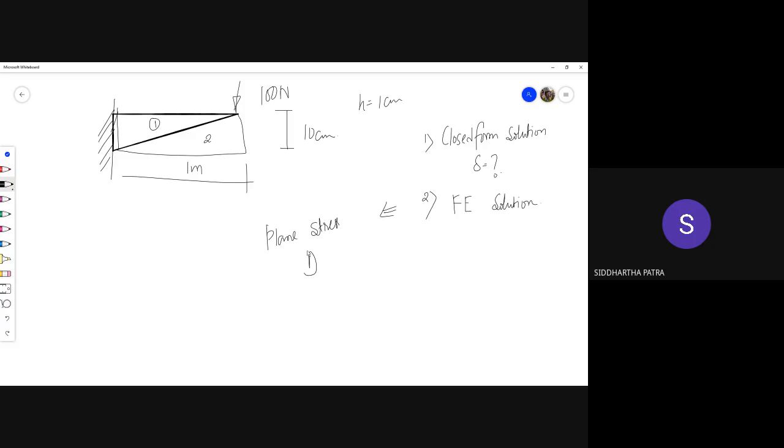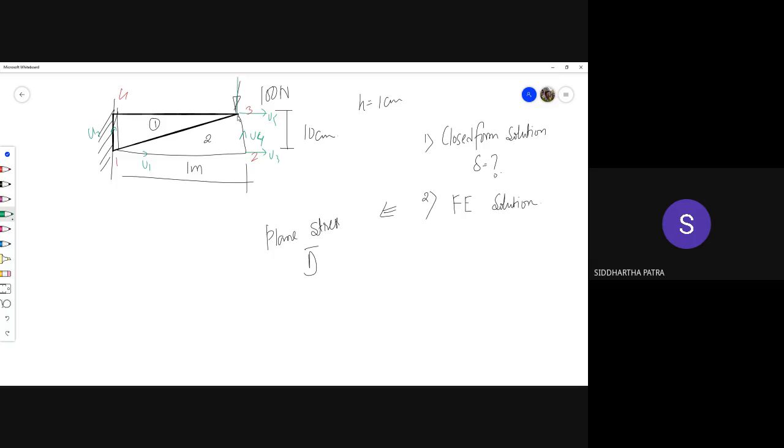So get the expression for the D bar for plane stress scenario. And from that, by now you know how to assemble matrices. You'll probably have to do a global numbering of the degrees of freedom. So if I numbered the nodes as 1, 2, 3, and 4, then the degrees of freedom are numbered like this: U1, U2, U3, U4,